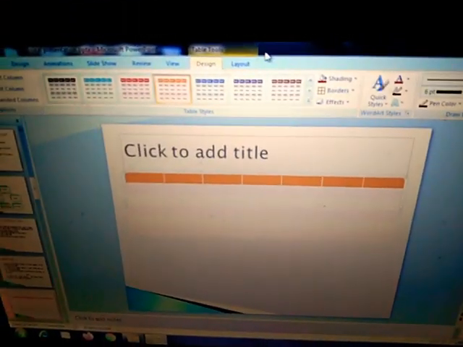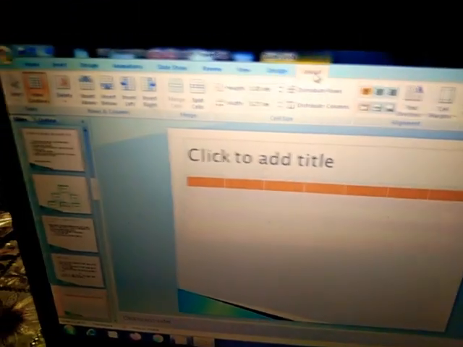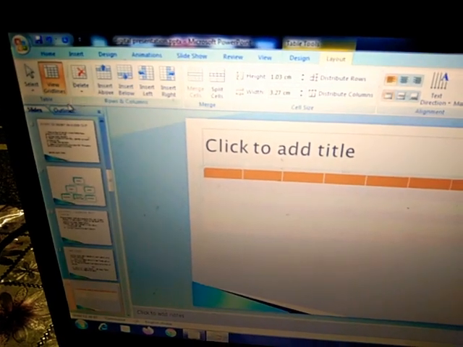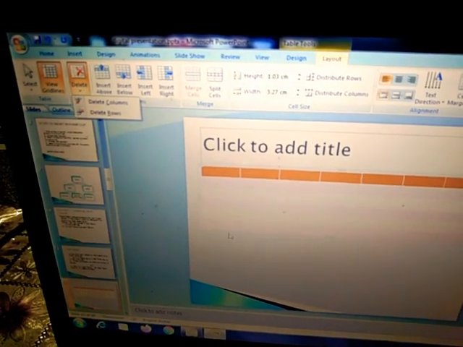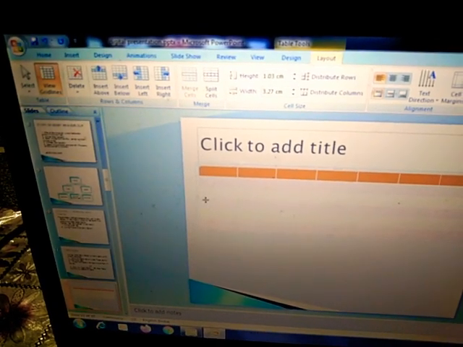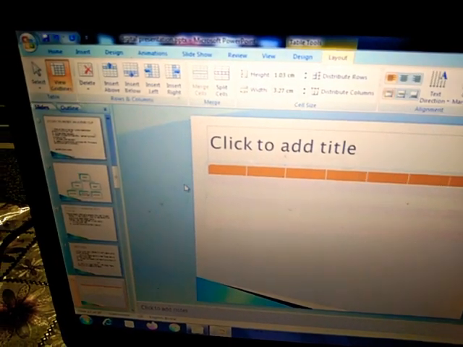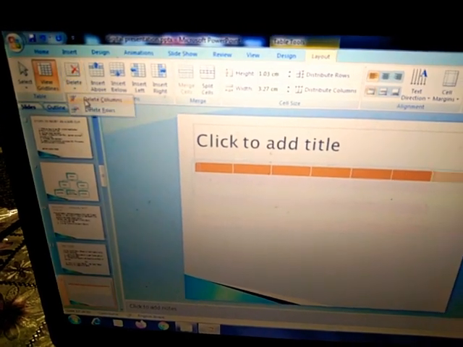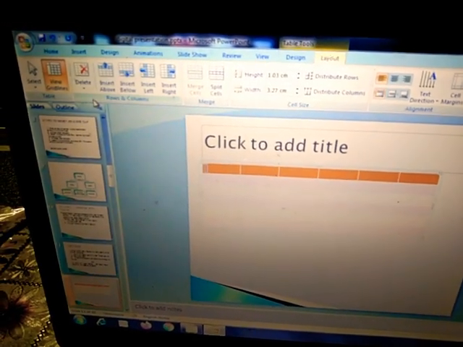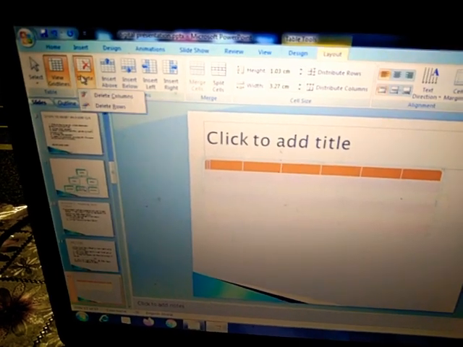Now today, what is the function of the Layout tab? We use the Layout tab if we want to delete any particular row or column. The particular row or column I select, if I click on the Delete button and choose Delete Column, it will delete that column. After that, next is Delete Row.